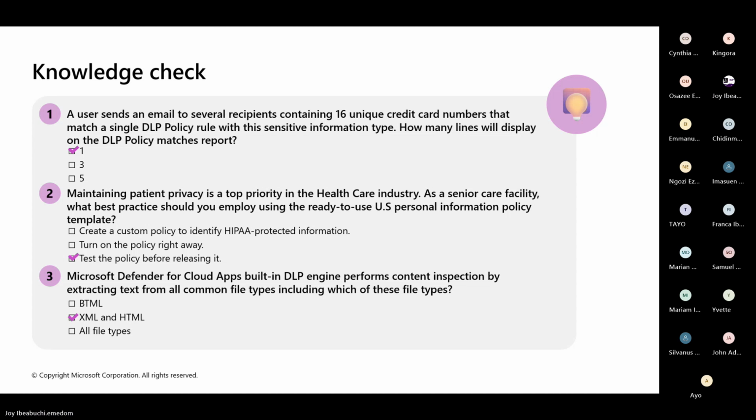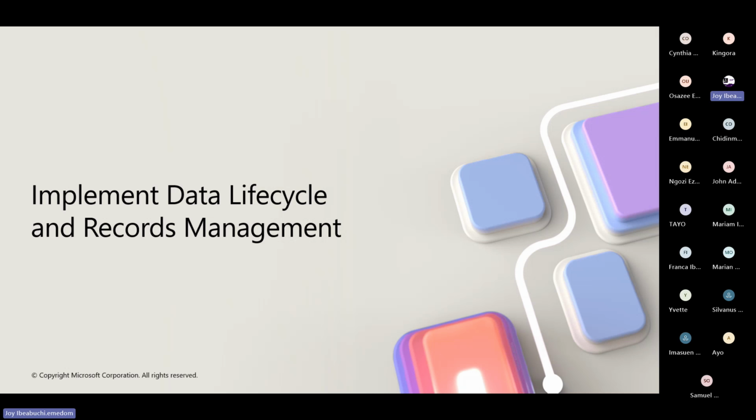All right. So that brings us to the end of implement data protection, and we'll quickly look at data lifecycle in the next 20 minutes, which is our remaining time. And if we don't finish, we pick that up from next week. All right, so we're looking at how to implement data lifecycle and records management. So we've known our document, we've classified it, we've labeled it, we've protected it, we've seen the different platforms and interactions and storage locations of where our data resides and how we need to protect it across all these environments. Now we need to understand